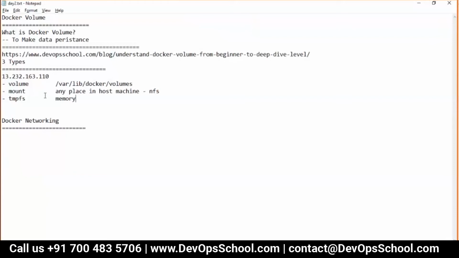Just a question. This volume path you said, /var/lib/docker/volumes, is this a constant path always, or can we change it? No, you cannot change it. Okay, then it is better to use the mount location if you have a large amount of data. That's what I said. If you want to store in the same host, you can use this one. If you want to store somewhere else with a mount, with NFS or something, you can use that. Different scenarios are there, right?